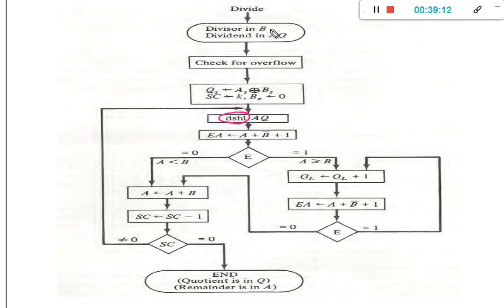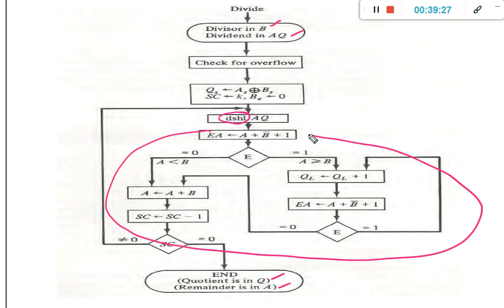Here also the divisor will be in B, the dividend will be in AQ, and finally the quotient will be in Q and the remainder will be in A, same as the binary implementation. This entire logic is the same as the binary implementation.